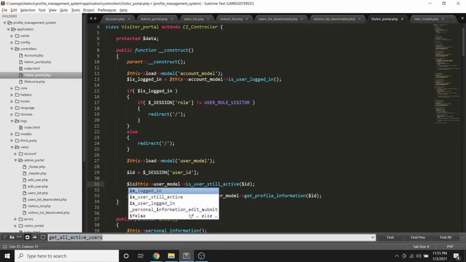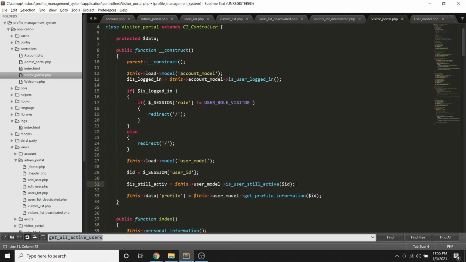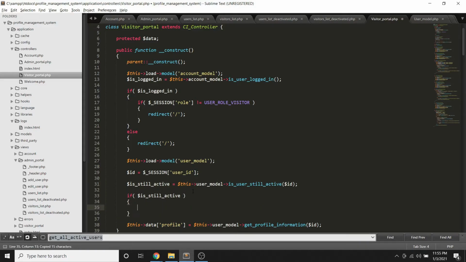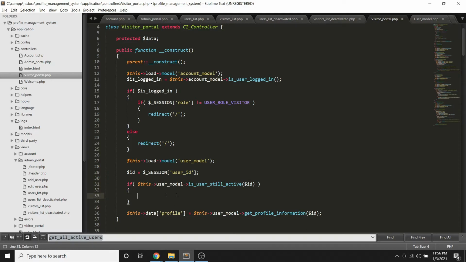So is still active. Or pwede namang i-direct na lang natin dito. Yan. So I'm just trying to check. Active pa ba yung user? If active, okay. Pero if not